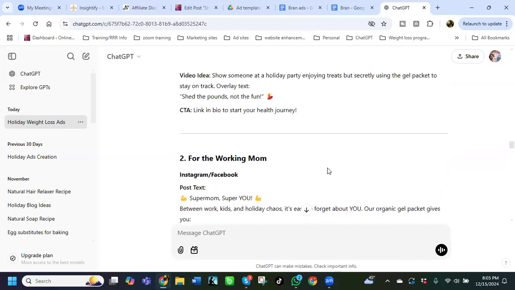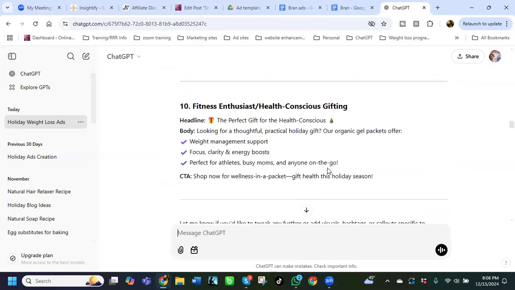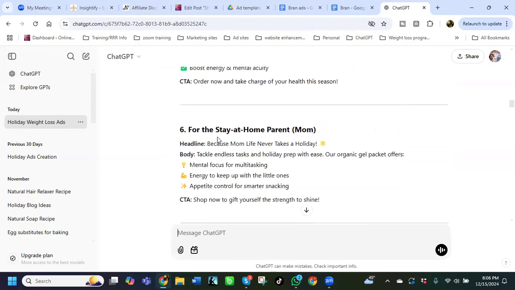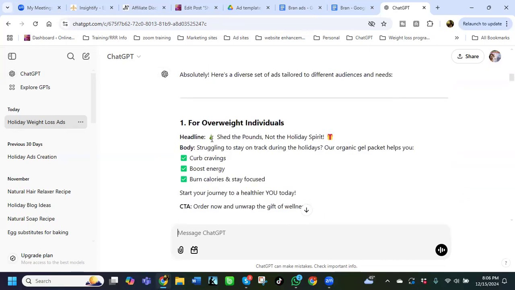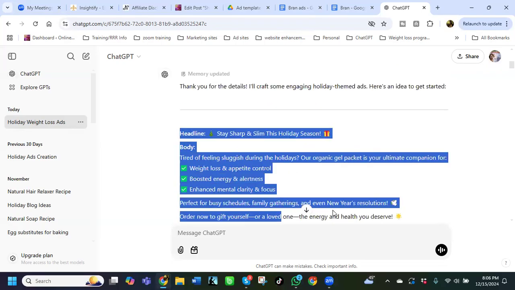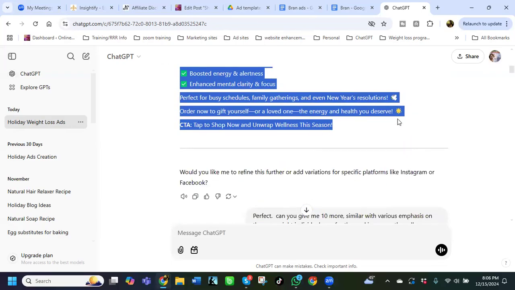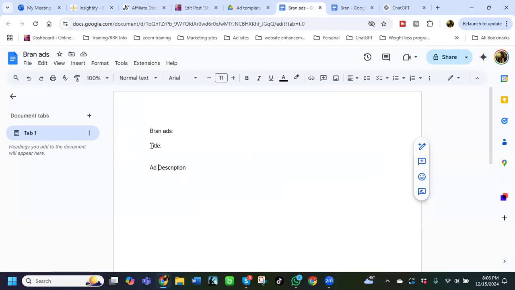But once you get all this done, you have two options. Once you have it broken down, you can actually copy these ads individually, or you can, which is usually what I'm going to do, come in here and grab this, copy, and then come here to my ads. And instead of having title and description, I'm going to put ads. I already got ads. I'm going to make this bigger,